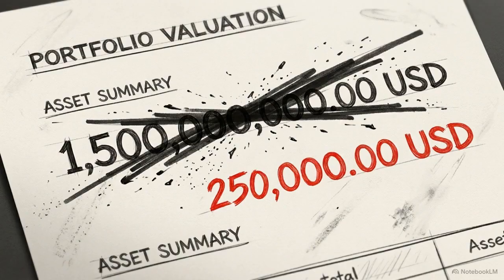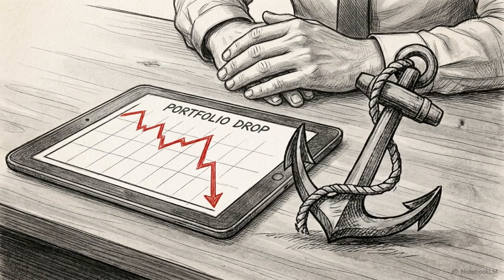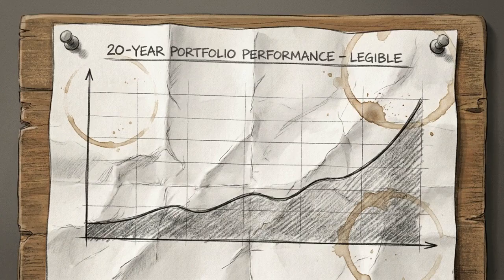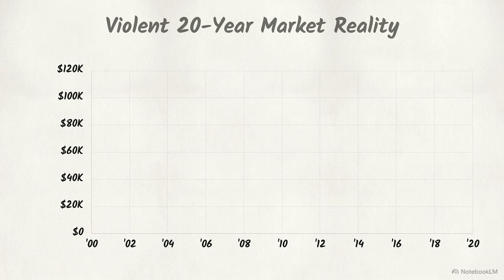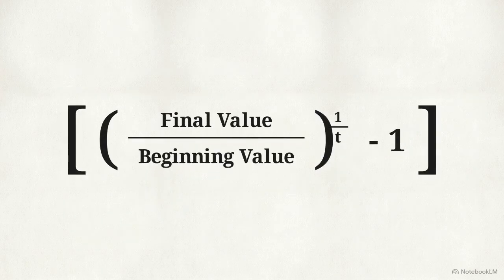They are the required price of admission for long-term capital growth. The true mechanical driver of long-term wealth accumulation is not calculating the perfect interest rate, but possessing the psychological stamina to survive high-variance market shocks. Returning to the terminal outcome of our 20-year journey, we find that despite the crashes, the initial $10,000 survived to reach $92,664. The financial industry uses one specific mathematical formula to summarize this entire terrifying sequence.